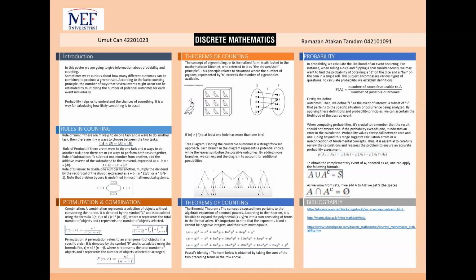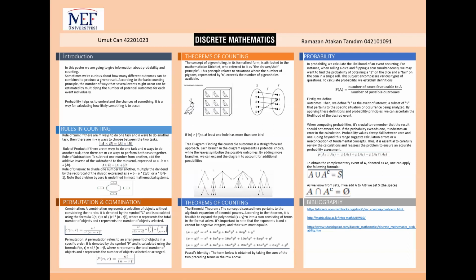To calculate probability, we establish certain definitions. First, we define the sample space as S, which represents all possible outcomes of an experiment or event. In our example, the sample space would include all the possible outcomes of rolling the dice and flipping the coin. Next, we define the event of interest as E, which is a subset of the sample space S that pertains to the specific situation or occurrence we are analyzing. In our case, it would be the event of obtaining a 2 on the dice and a